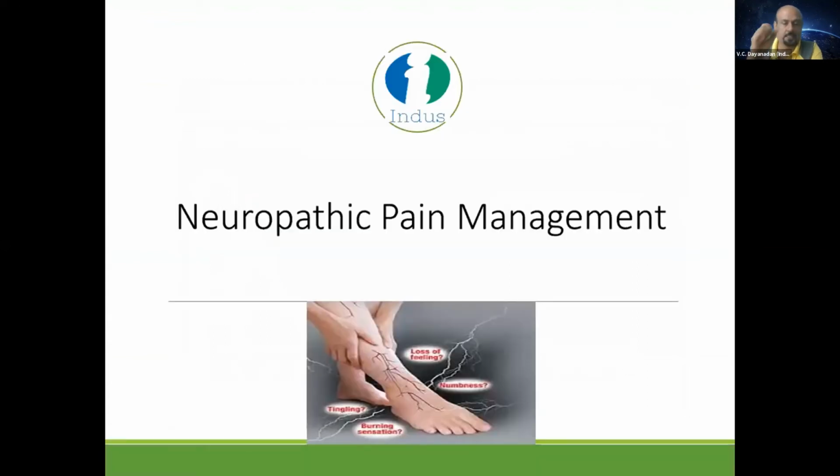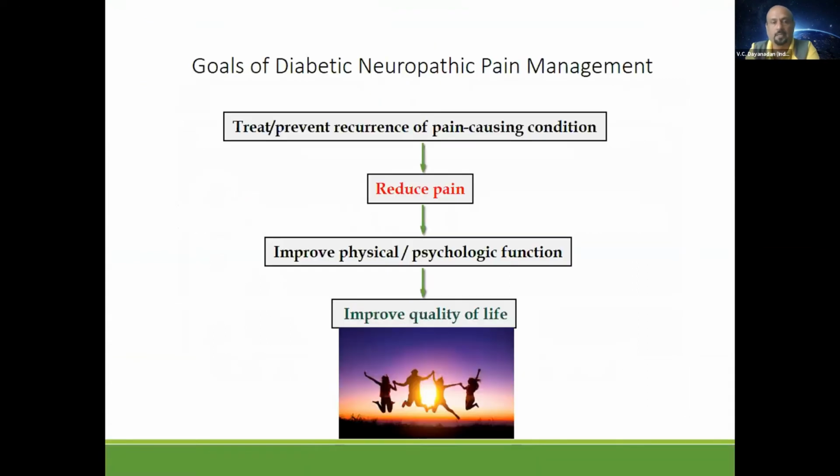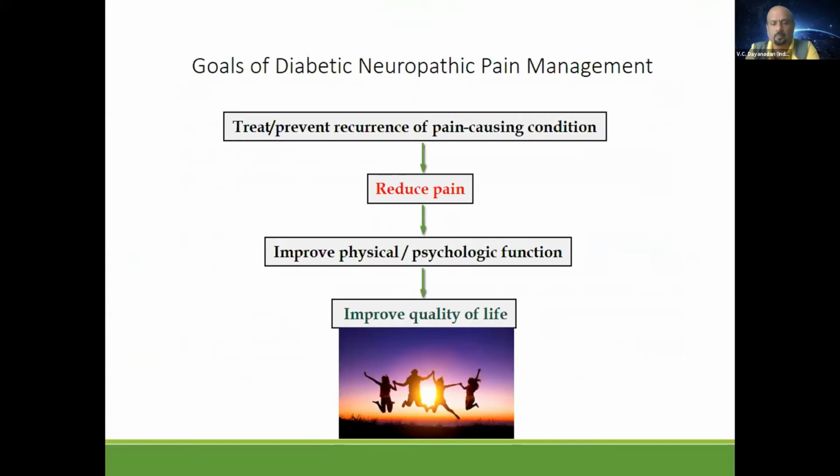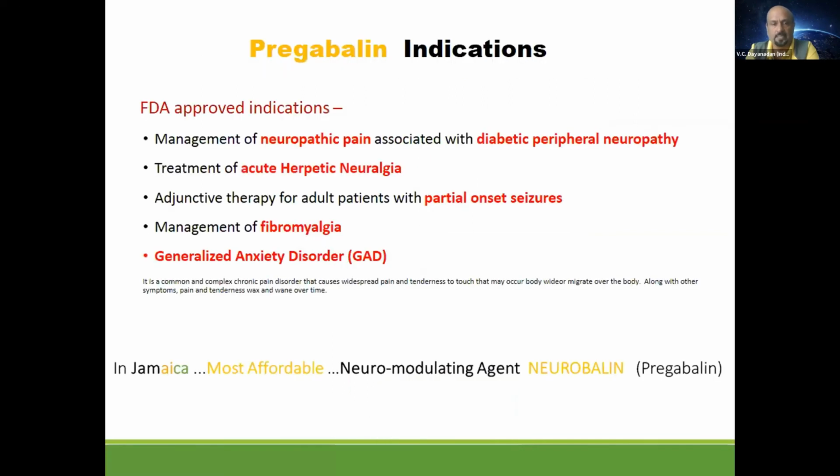And we have another interesting drug for treatment of neuropathic pain, especially conditions like herpetic neuralgia. We have our medication, which is basically pregabalin. Of course, the intention here is to reduce the pain and bring back the smile on the patient's face. It is also recommended in other indications like diabetic peripheral neuropathy, fibromyalgia, partial onset seizures and general anxiety disorders.